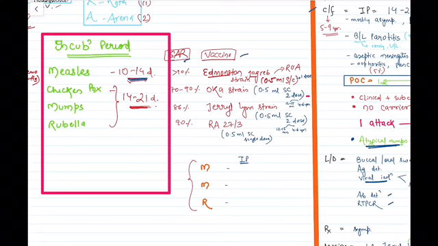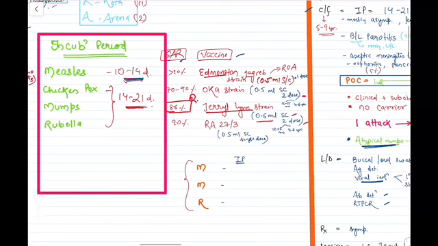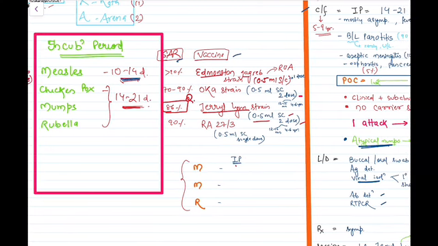So for mumps we said Jeryl Lynn strain 0.5 ml subcutaneous 2 dose, and the secondary attack rate I didn't write it there because it's written here. So the secondary attack rate for mumps is very characteristic, 86%, and this is already a question, 86%, right? And this I already told. For measles it is how many? Yes, 10 days. Then for mumps add a line, 19 days. For rubella again add a line, 14 days, right?